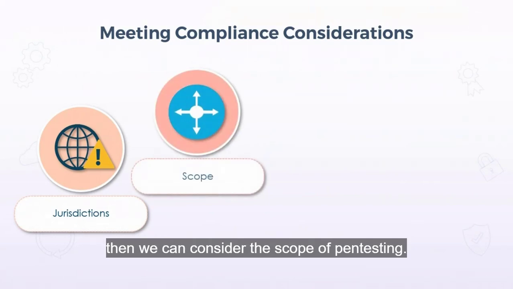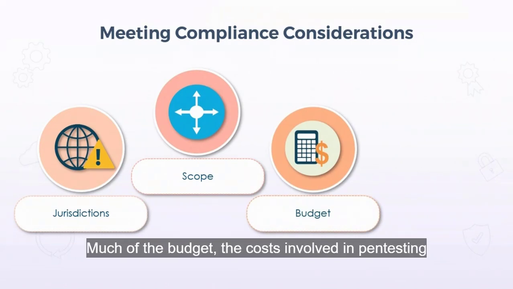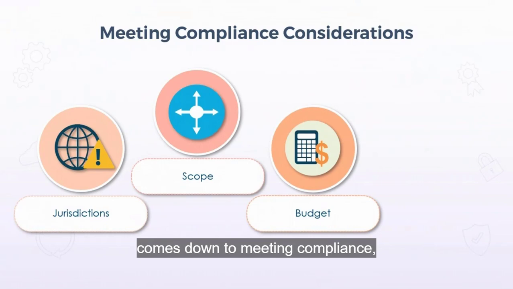Then we can consider the scope of pen testing, the breadth and depth of the coverage, which comes down to budget in most cases. Much of the budget, the costs involved in pen testing, comes down to meeting compliance. But comprehensive pen testing coverage and meeting all the best practices in terms of security can quickly widen the scope. Being able to state the scope, what might be missed based on the budget, is also important for the pen